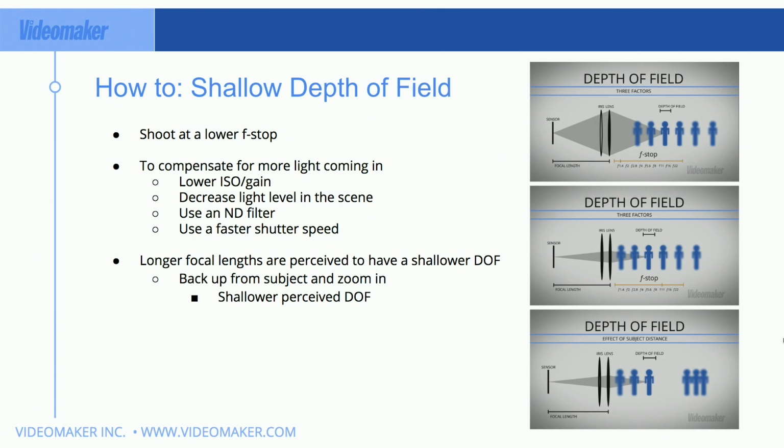So I would recommend, unless you have no other option, if you need a shallow depth of field and you have too much light, like you're outside, is to have an ND filter. We have a variable ND filter here that goes from a third stop all the way up to 4 stops, blocking up to 4 stops of light. So that can usually help you make it so that if it was, say, f5.6 for proper exposure outdoors, you'd be able to get to that f2.8 or even lower with the same ISO and shutter speed.